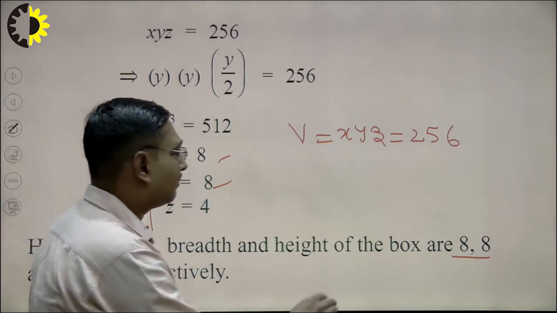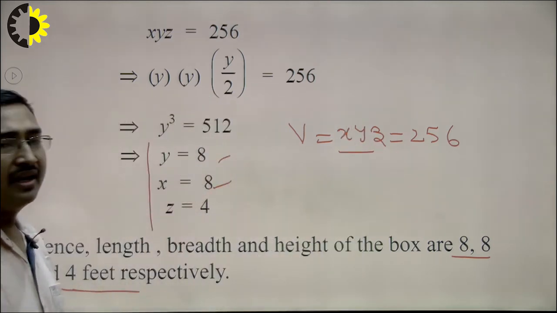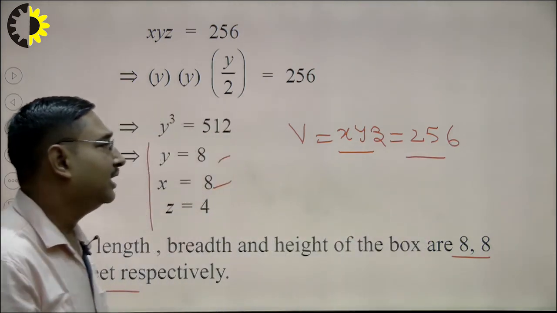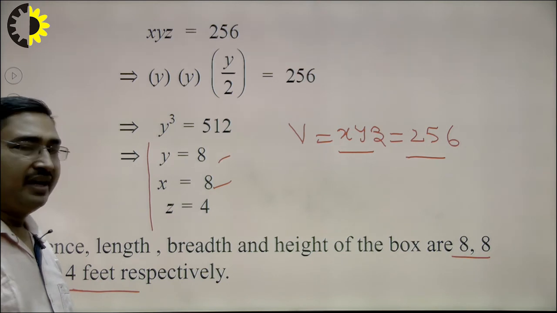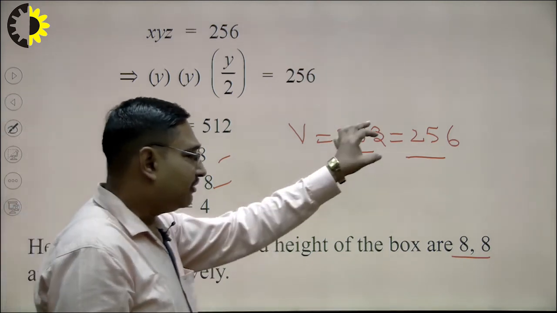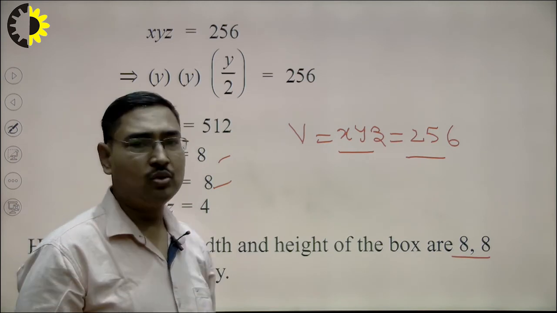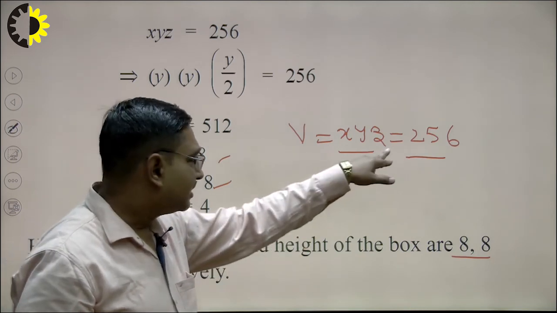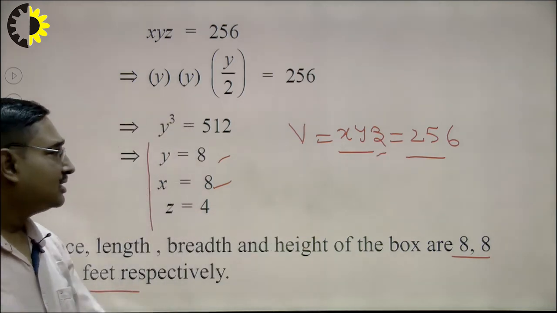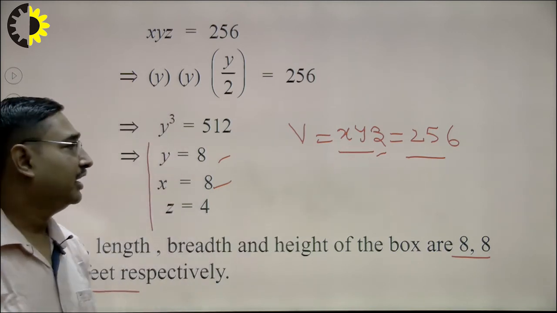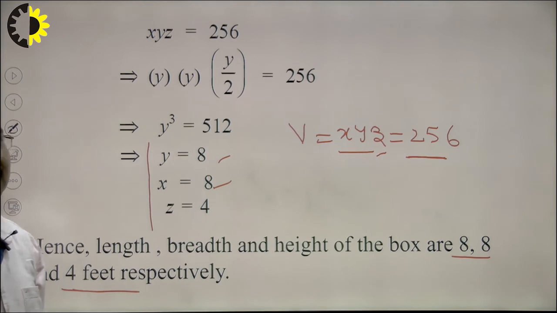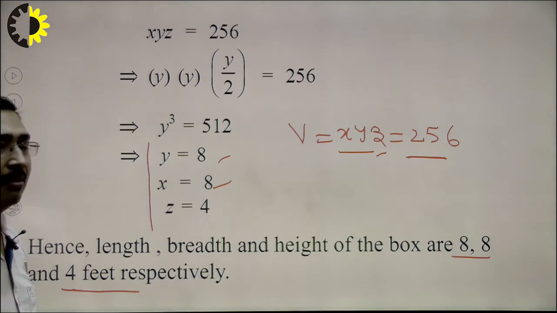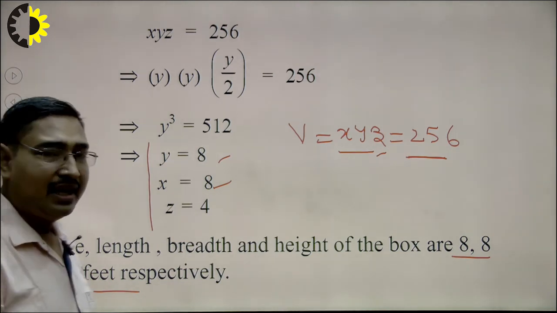We see that here if we take z sufficiently small satisfying this condition, then x and y can be made infinitely large, because if I reduce the height of the box, then to ensure a sufficient volume we need to increase its dimension. If we take z approaching 0, then x and y will approach infinity to ensure this quantity remains fixed. It means the surface area of the box can be increased indefinitely,